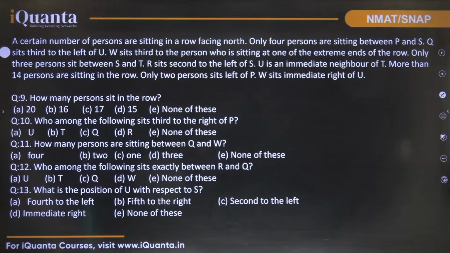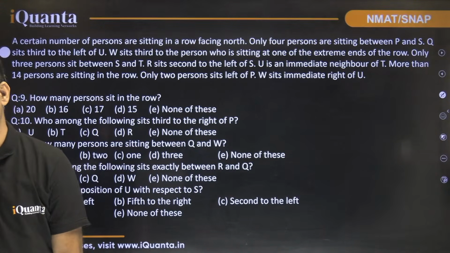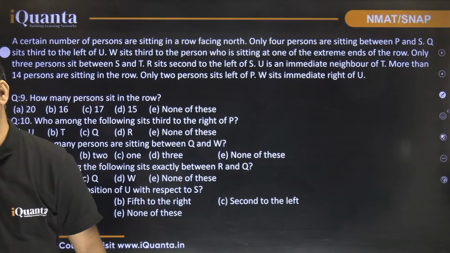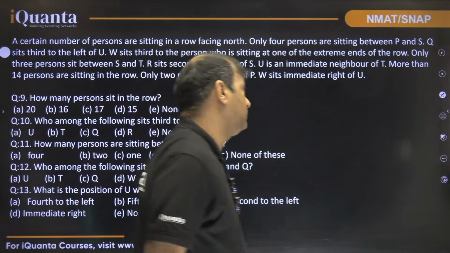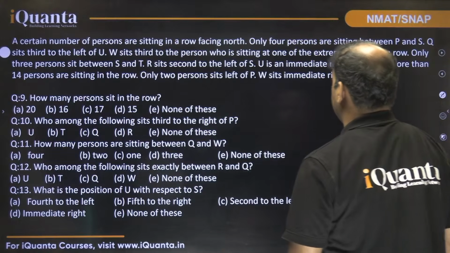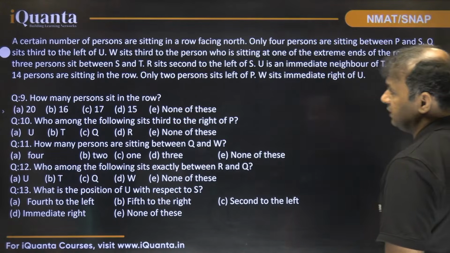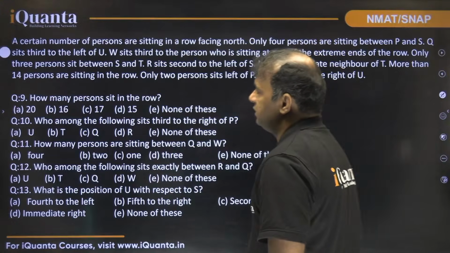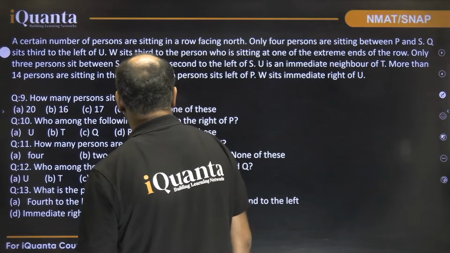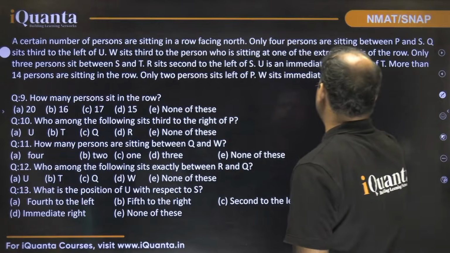Alright, guys, I think I should explain, right? Because this is, I know, slightly challenging. Don't worry. Okay, let's see how we can do this. They are saying that a certain number of persons are sitting in a row facing north. Only 4 persons are sitting between P and S. Q sits third to the left of U. W sits third to the person who is sitting at one of the extreme ends of